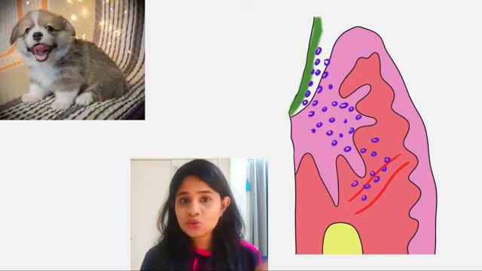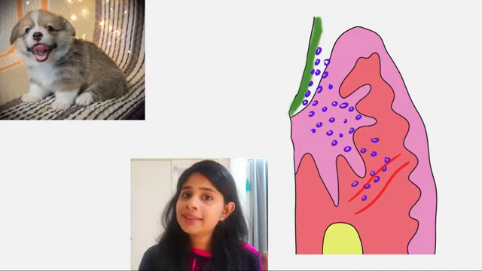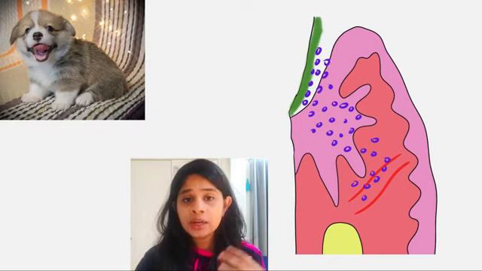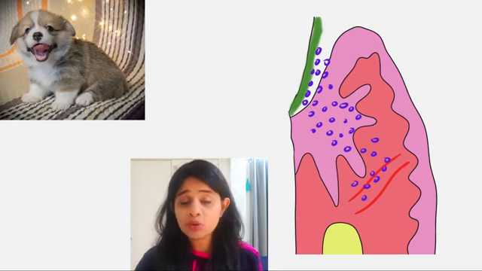So basically, dogs do not do oral hygiene, they do not brush their teeth. And in that case, there is plaque accumulation which is seen around their teeth. Now, in the case of dogs, there is neutrophil activation, chemotaxis and phagocytosis that occurs, and this process prevents the occurrence of periodontal disease. So therefore, neutrophils are so important.